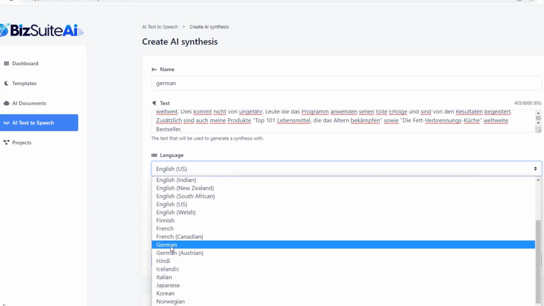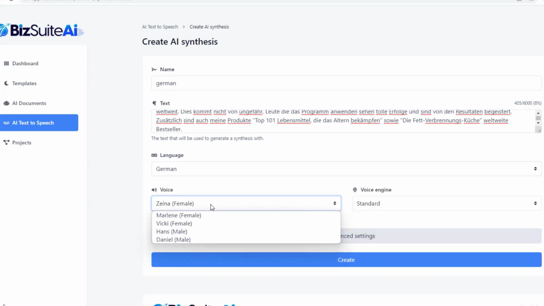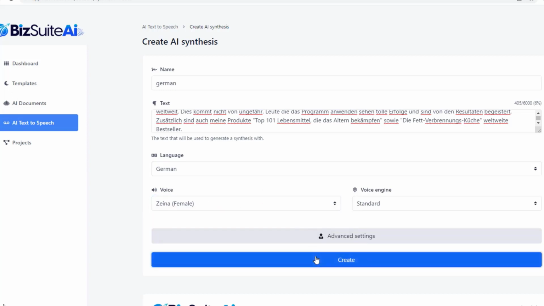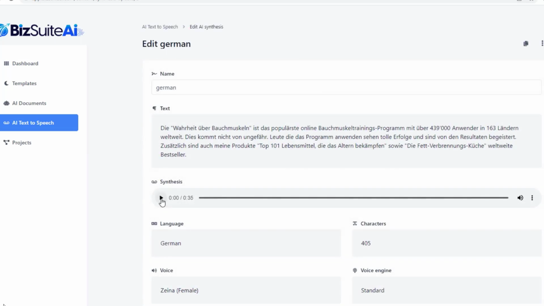We could actually select German, German, or Austrian German. We'll go with German, German. And I don't know whose voice is the best, so we'll just stick with this first one for now, and click Create. Now let's see what she sounds like. All right,